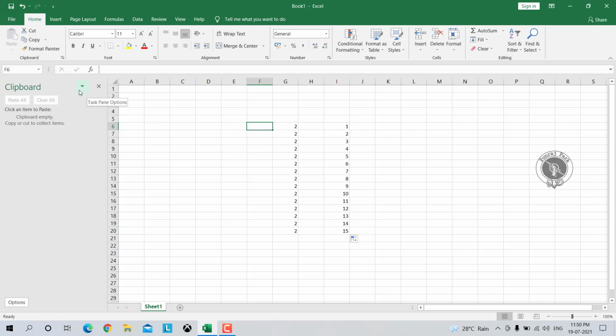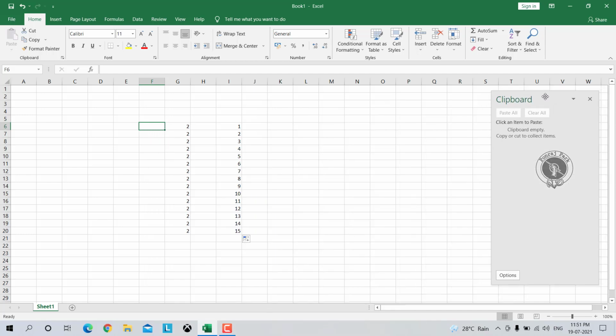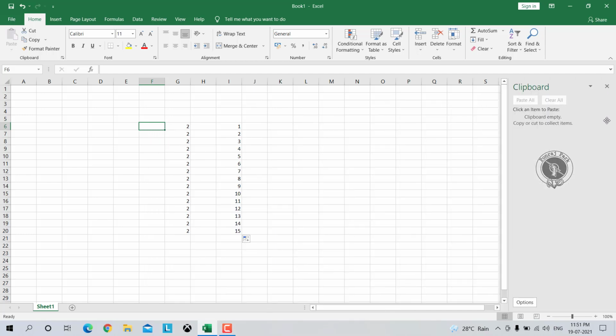Then you can see here a little drop-down, and if you click on that, we get 3 options. First is Move. If you want to move your Clipboard anywhere, say to your right-hand side, just put your arrow there and it will get attached to your right-hand side.